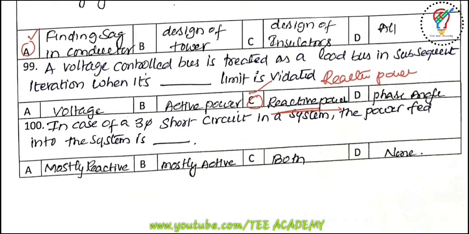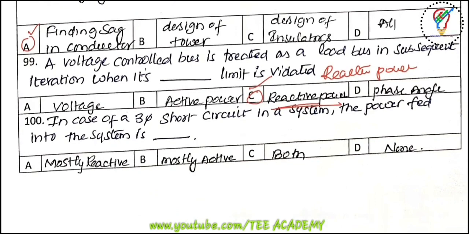And the last question for this session. In case of a three-phase short circuit in a system, the power fed into the system is, options are mostly reactive, mostly active, both, none. So this is going to be mostly active. Why? Because when the short circuit occurs, the alternator will have a winding, and that winding will be in the nature of inductance. When there is a short circuit, the load will be mostly